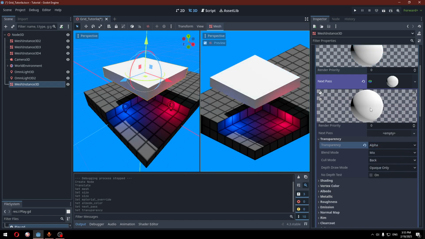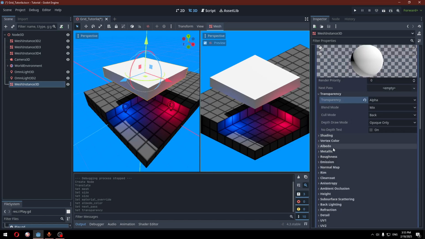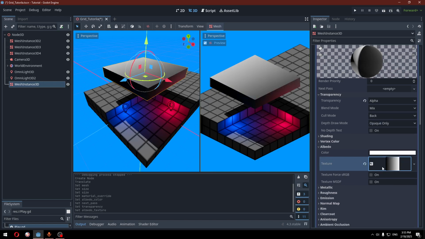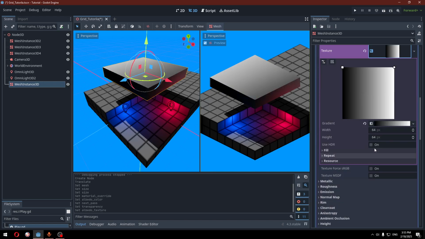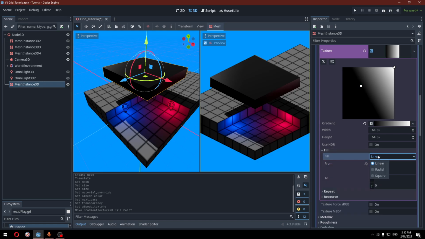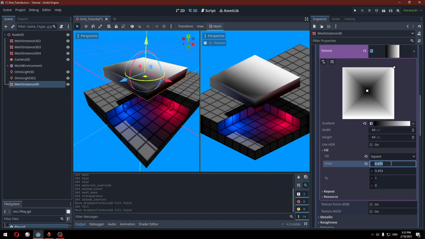Now, as you can see, the color of the next pass is covering the material that we created, which was sky blue. So go to albedo, texture, and we select gradient texture 2D. Now in our gradient, we can edit the 2D gradient. We go to fill and change from linear to square. And as you can see, it gives us a square effect. Now let's center the square effect by setting the from to 0.5, 0.5,